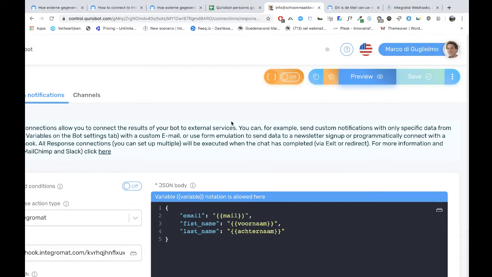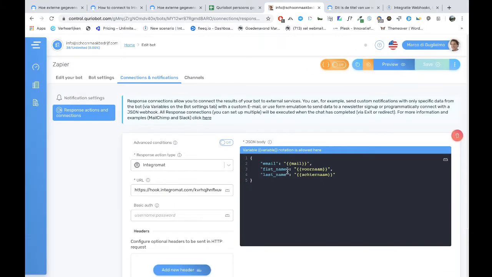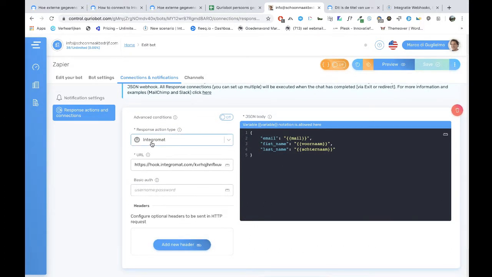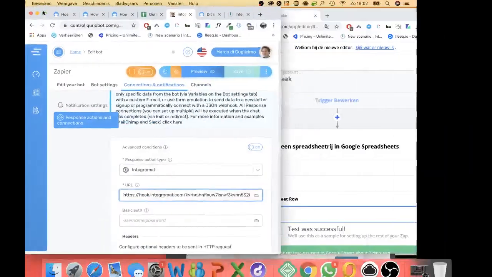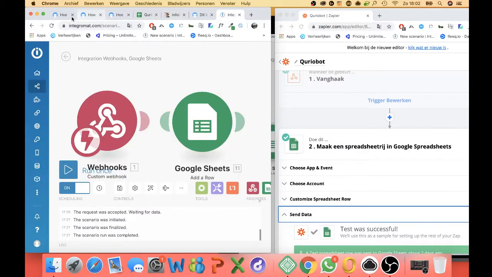Then go to Quriobot, and it was the last time that we did it with Zapier. It's exactly the same. The only difference is that now we have made the choice of Integromat, and we paste the link here. When you have done that, you have to return to Integromat